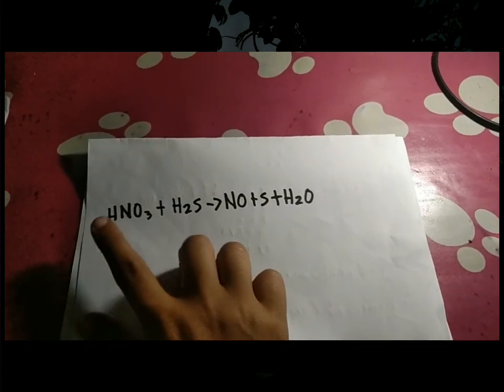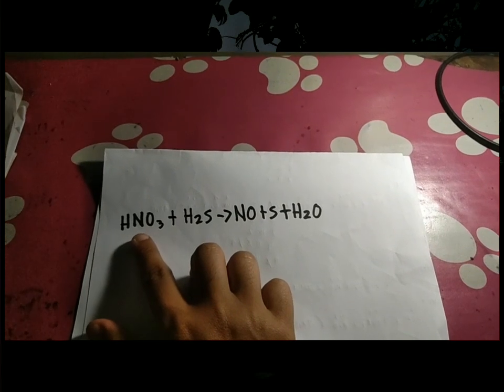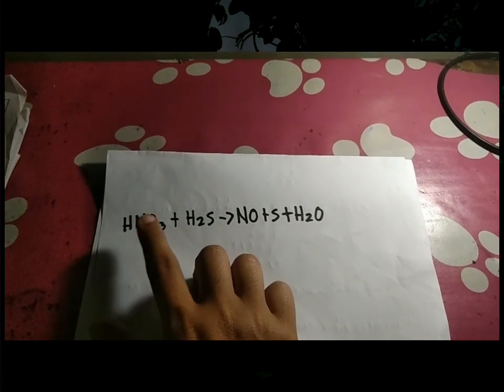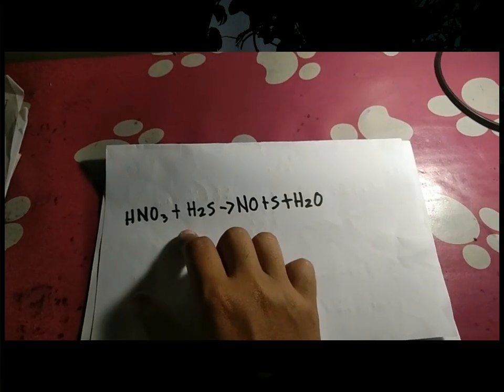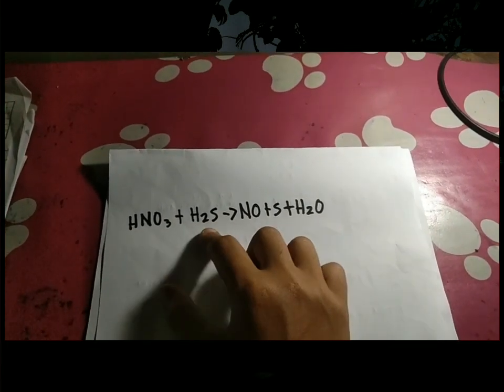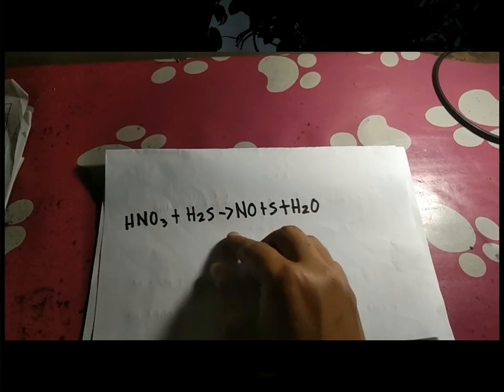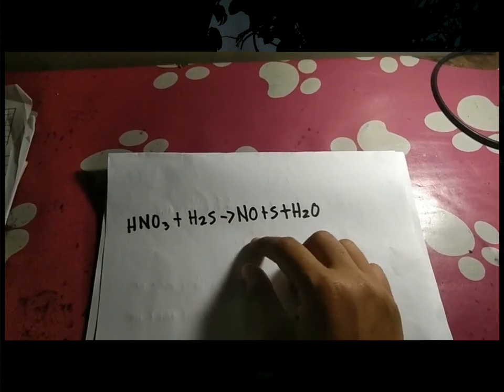So now we have HNO3 plus H2S becomes NO plus S plus water molecule. So what we're going to do is we will proceed to step 1 of the equation, which says